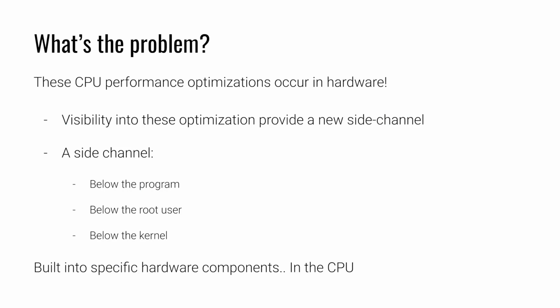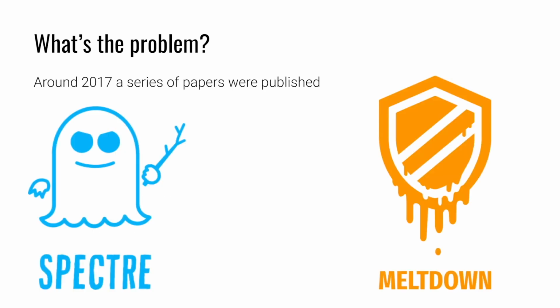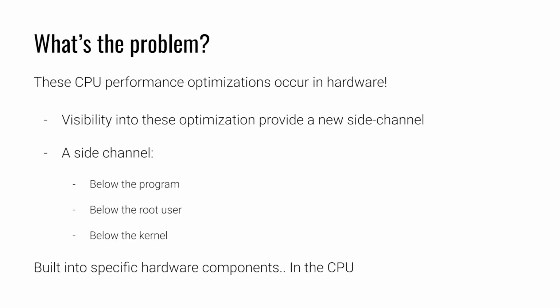Well, these CPU performance optimizations occur in the hardware, right? And so if there is a hypothetical vulnerability, what do we do about that? If there's a vulnerability in a C program, we can fix our C program. We could patch it. We could update it. If there's a vulnerability in a binary and I can't recompile it, I could edit the bytes that are the assembly in the binary if I had to. I could rewrite the assembly, right? We can change the program. But what do you do if there is a problem that is in the hardware? Now,